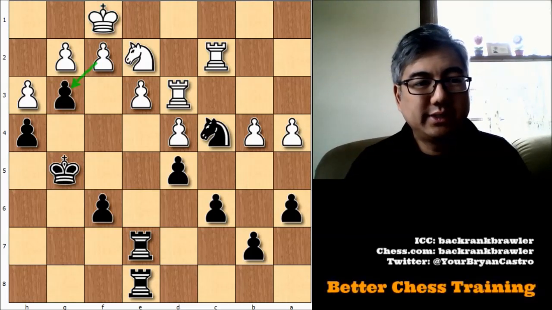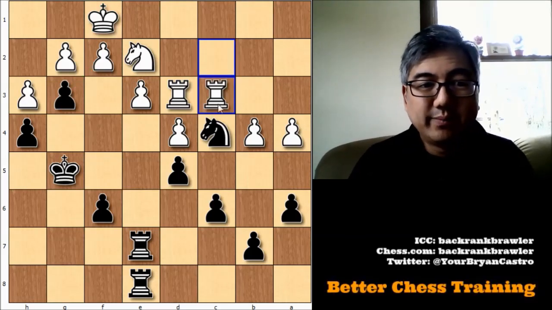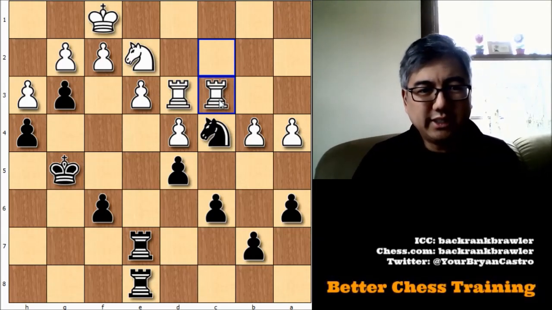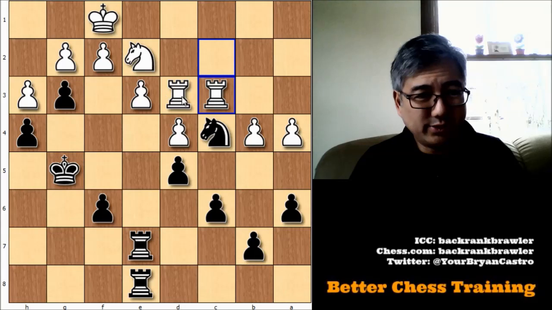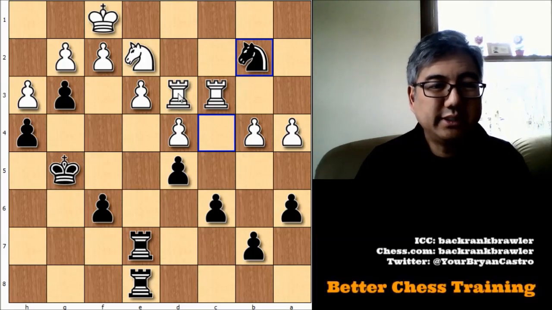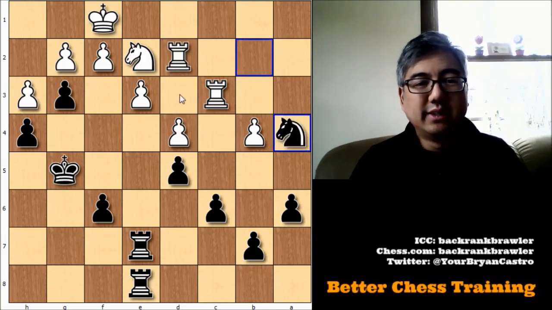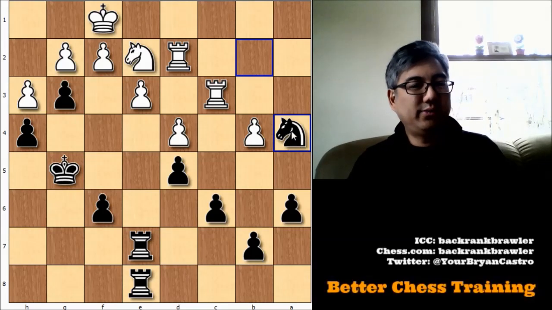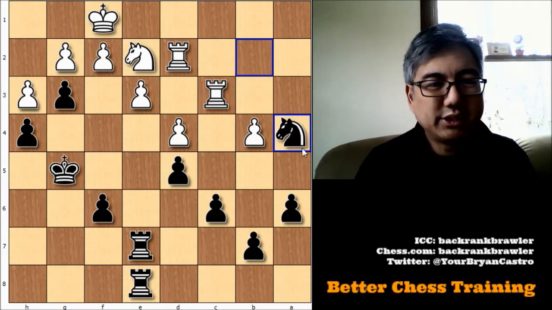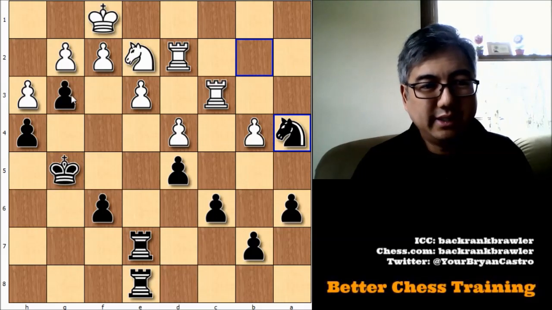Of course, white did not do that, and instead defended the e3 pawn again with this rook. And unfortunately, this allows a one-move tactic here with knight b2, attacking the rook on d3, and after the rook moves, black just wins a pawn for nothing. So you can already see here, black is in total control of the game, just because it's impossible to take this g3 pawn without losing material,